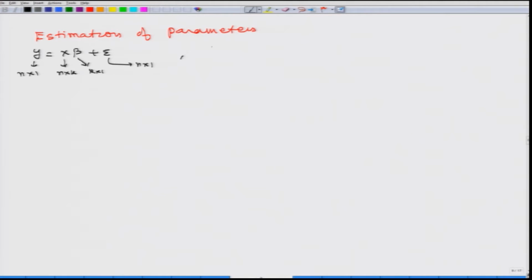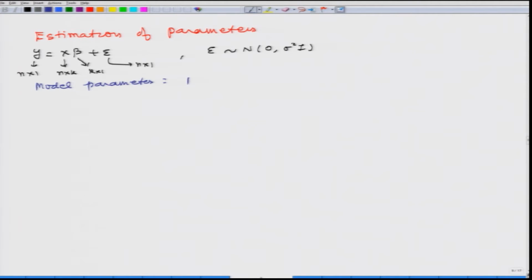And we assume that epsilon is following a normal distribution with mean vector 0 and covariance matrix sigma square I, right. So, our model parameters in this case